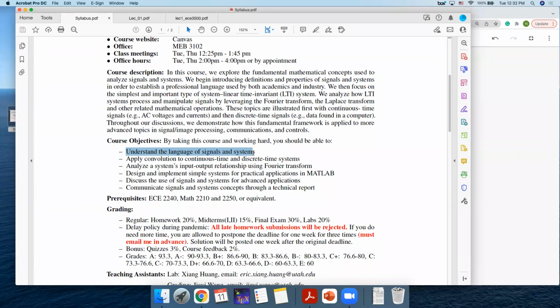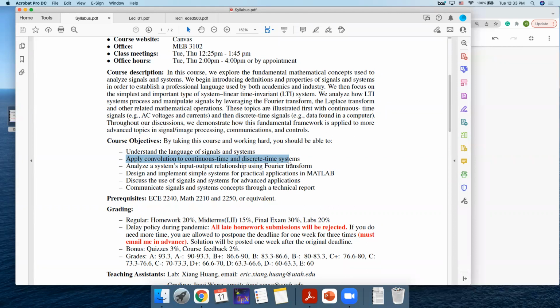And in particular, we will learn convolutions. Some important concepts are convolution. That is a basic operation for processing signals. Convolution is pretty much like multiplication in the number system. You want to multiply one number with another number. In signal systems, you want to convolve one signal with another signal. So that is a very basic operation.